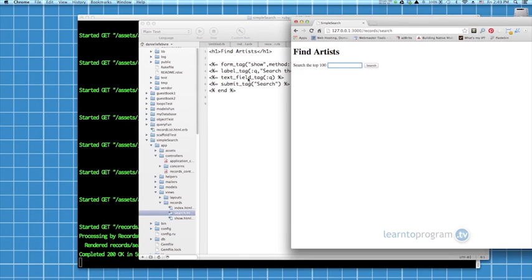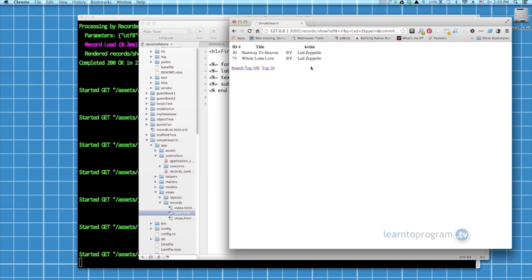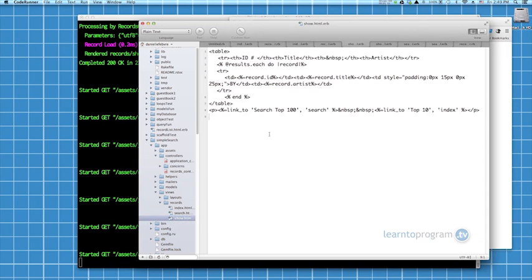And we also have our label tag, which says search the top 100, and there it is, and our search button that says search. So now I'm just going to do a simple search for Led Zeppelin. And that's going to redirect us to our show page where it will construct a table of results and show us that Q equals Led Zeppelin is right there on our URL because we did a get, and that's how our query worked. Then we can look here really quickly into our show, and show takes an array of the